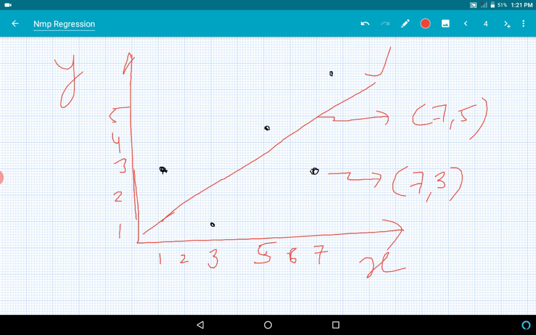So how do we calculate the error and minimize the error? For that, let us consider one case. If I consider the case when x is equal to 7, the actual point is this black point, and the coordinates of this actual black point are x is 7 and y is 3, right? So this is how you can find the actual value.